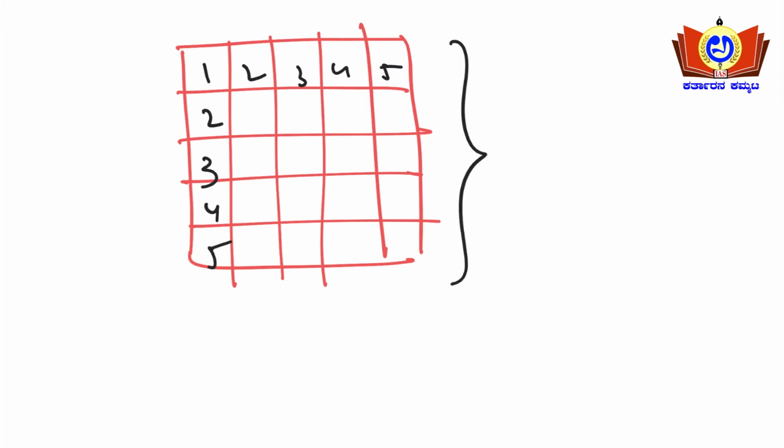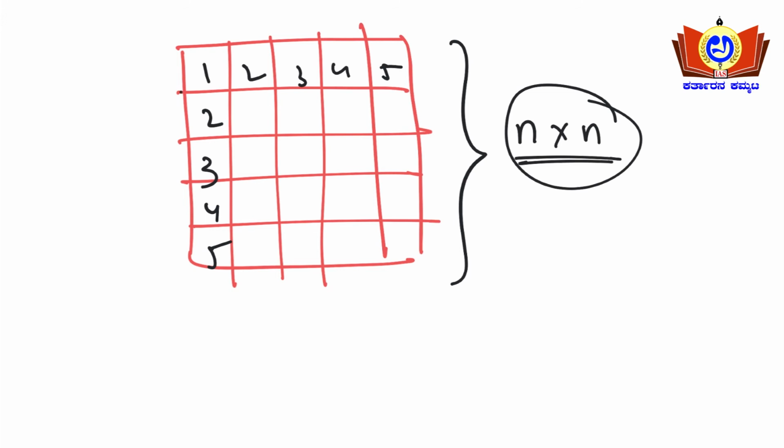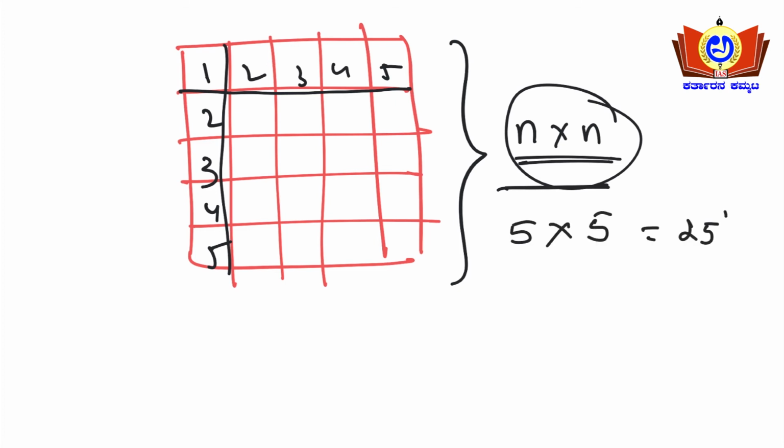When you observe this set here, actually it will be an n into n set, my dear friends. That is nothing but horizontally there are 5 squares and vertically also there are 5 squares. So when you find this type of diagram, if the question asks you to find how many squares are there, then there is a simple formula you need to apply. So n into n. How many squares are there horizontally? 1 2 3 4 5. So 5 into, vertically also 5 is there. So 5 into 5 gives you 25. So 25 squares are there in this